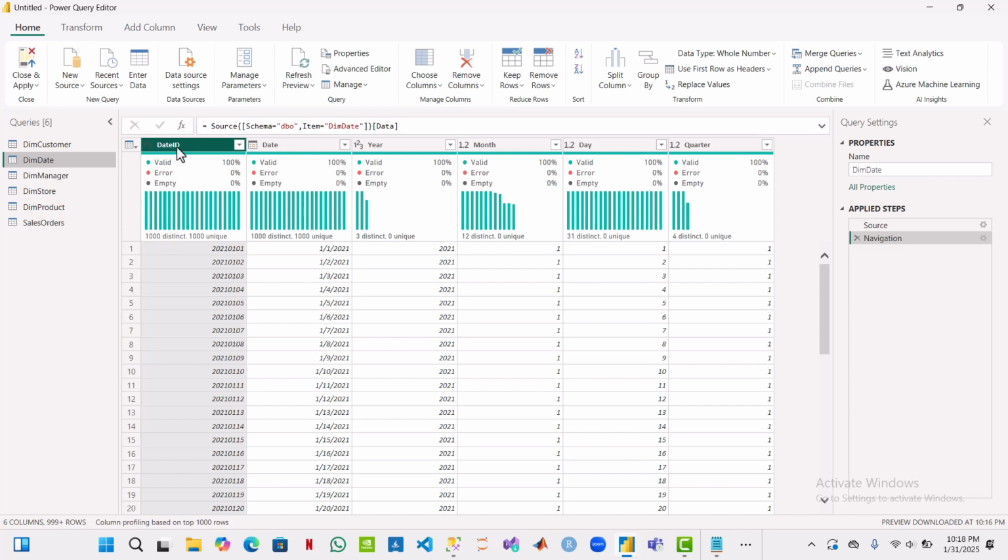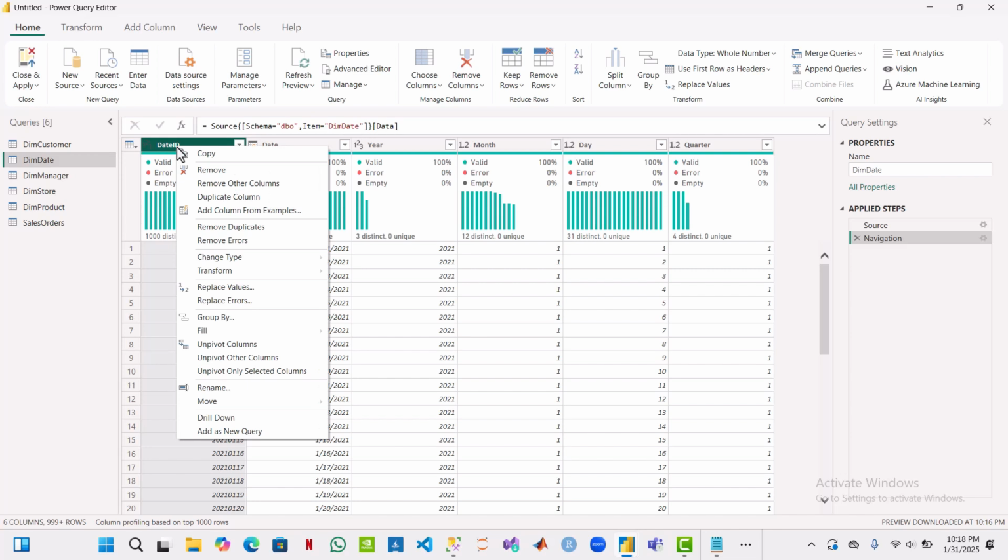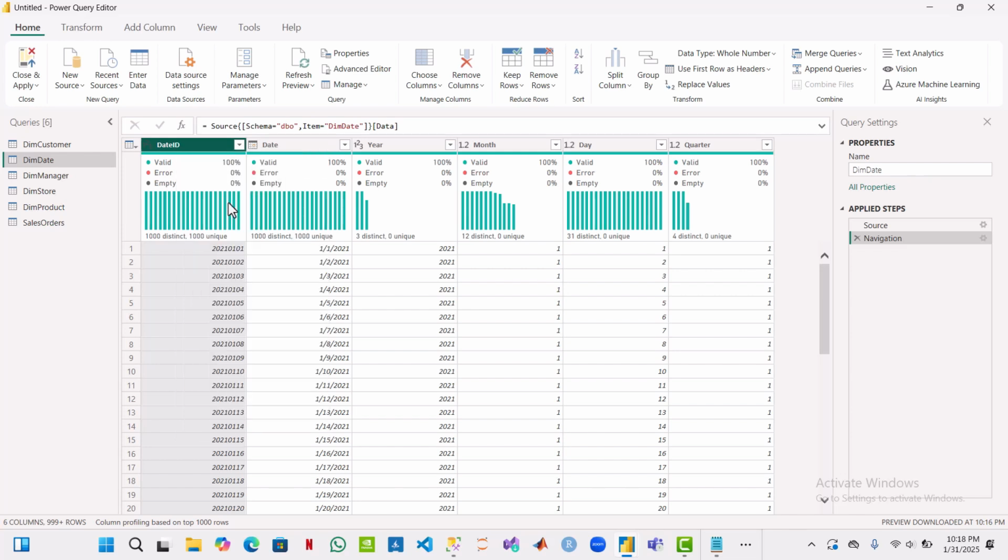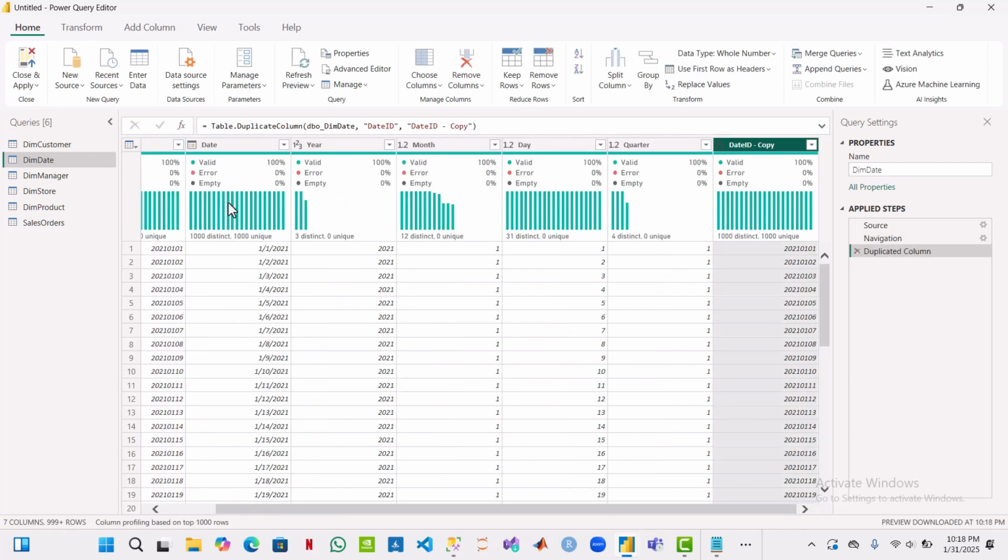So I can come here now. Since here I have the year and the month and the day written together, let me just duplicate this column. Having duplicated that, I can then come here to say I want to rename this as year month. So now, in order for me to be able to extract only the year month out of what I currently have in that table,